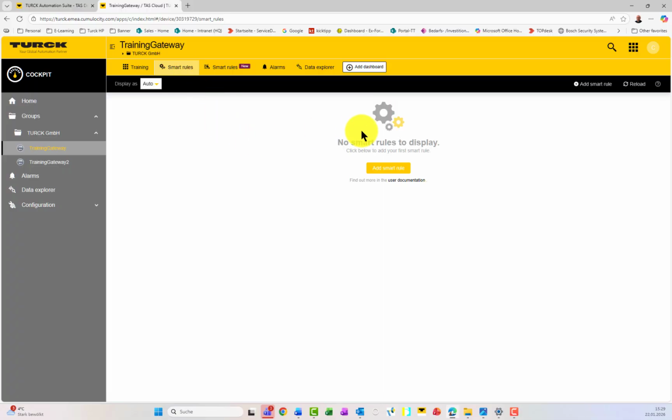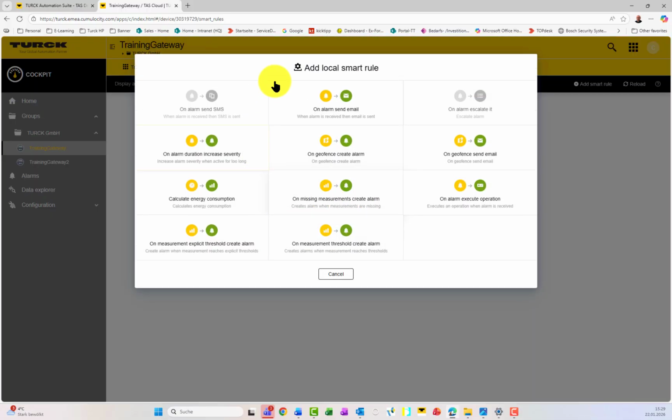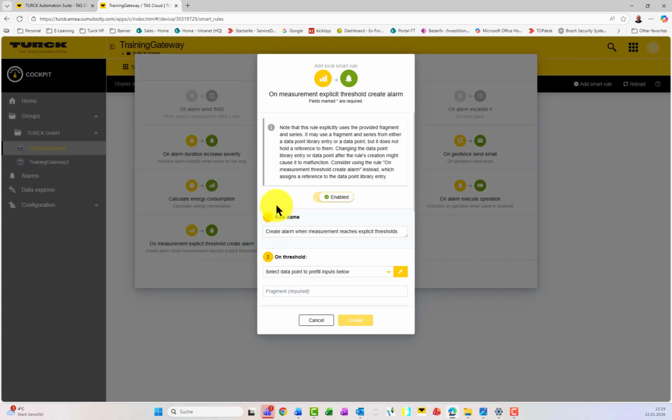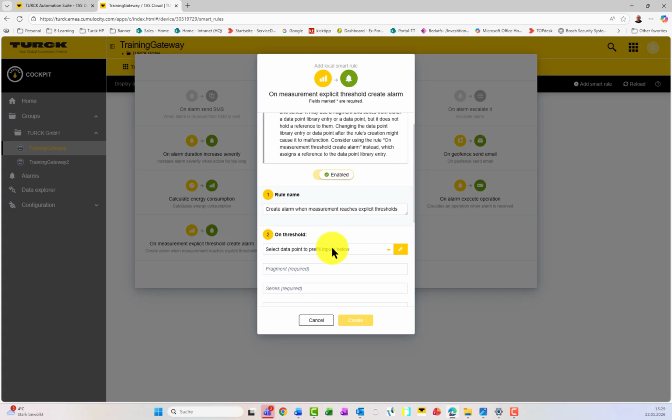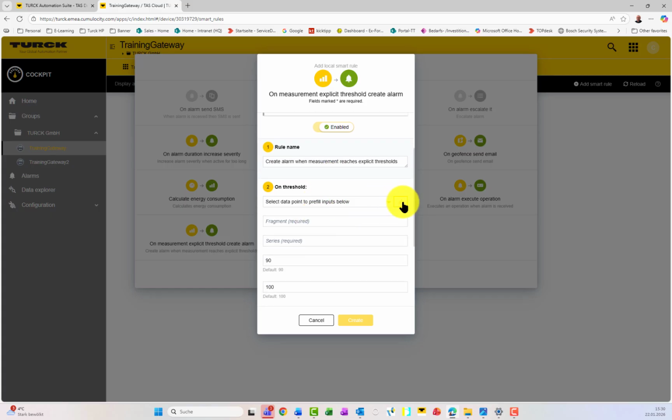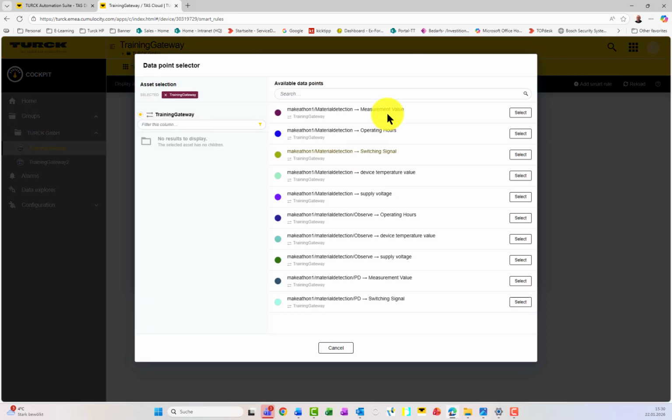But with the data in the cloud, we can obviously do a little bit more. So let's add a smart rule. So what we are going to do is create an alarm based on the data in the cloud. So we select the smart rule on measurement explicit threshold, create alarm, which is a very long name. We select the data point. In this case, for example,